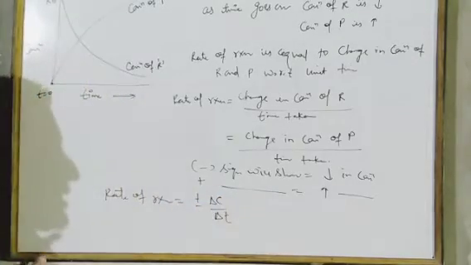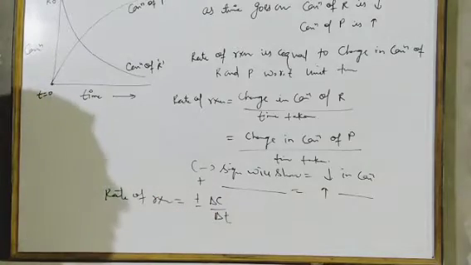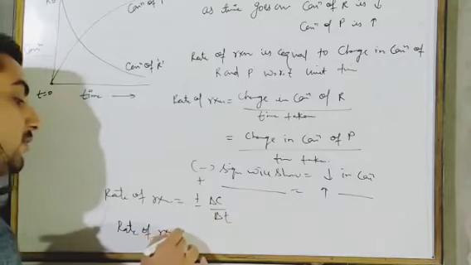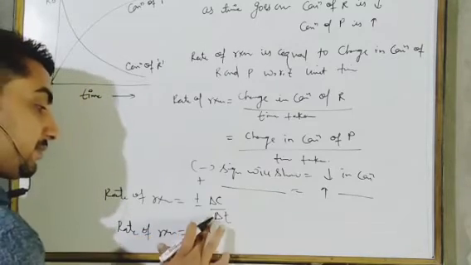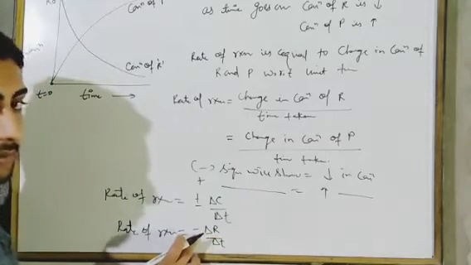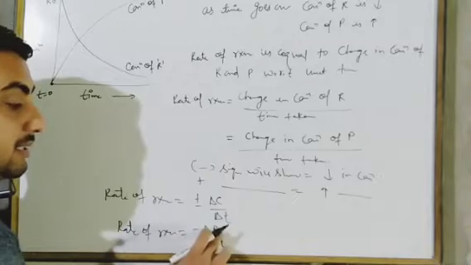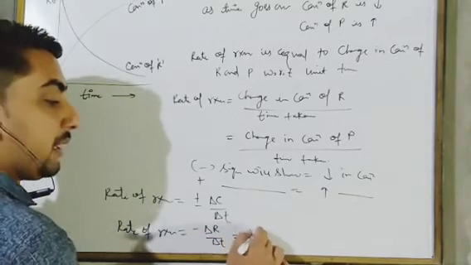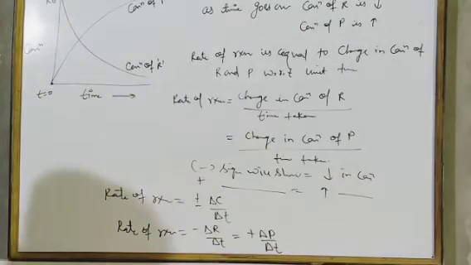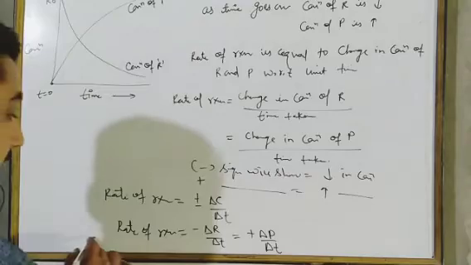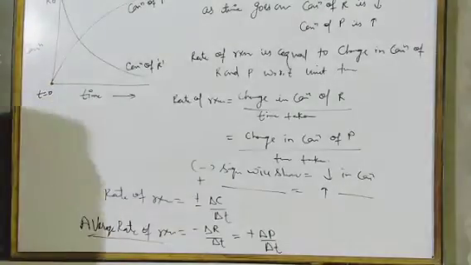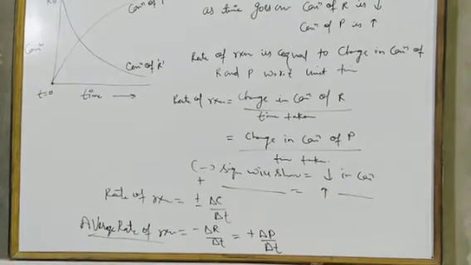It means change in concentration, whether of reactant or product. We can also write rate of reaction equal to minus delta R over delta T, where minus indicates a decrement in the concentration of reactant, or an increment in the concentration of product. Clear? So it is the average rate of reaction for any reaction.